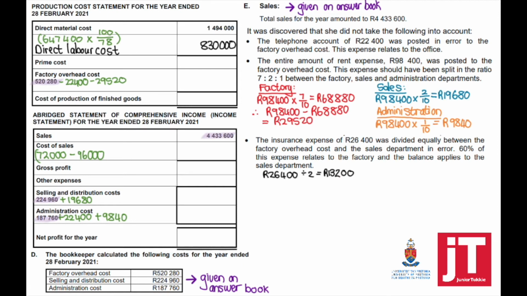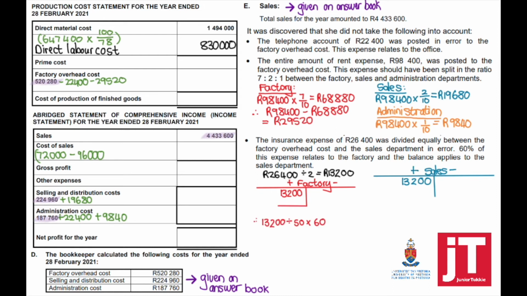The insurance is 26,400, which was split equally, so we divided by 2 between the factory and the sales department, the selling and distribution. So for the factory, we've added 13,200 to the factory overhead cost. To the selling and distribution department, we also added